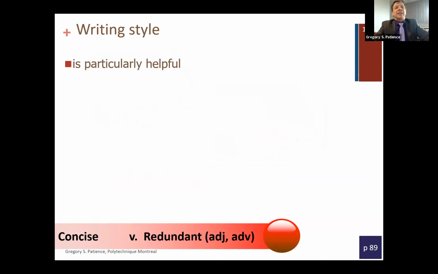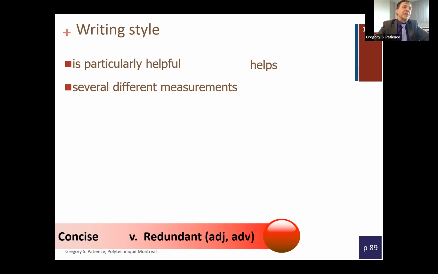So here are some examples. Is particularly helpful. How could we replace that? Well, it would be helps. Okay. Then we have several different measurements. The word different I don't like. Measurements is a noun. Several is imprecise. So how can we do it? 3 measurements. I'm the one that's writing. I can be precise. I can tell you how many it was. We don't have to say several different measurements. So again, go to be precise